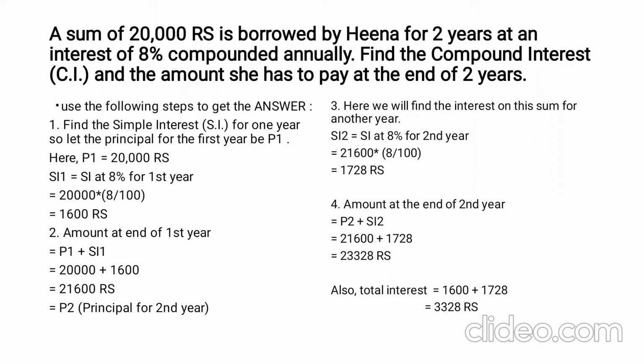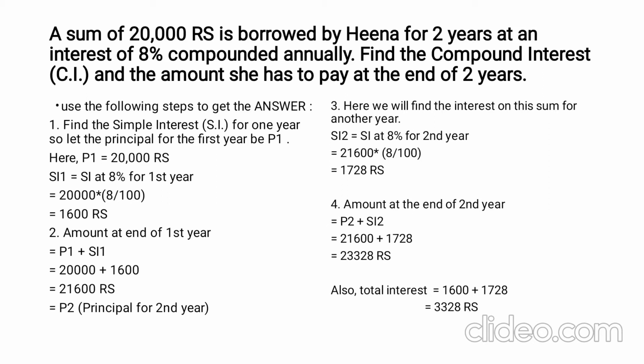Also, simple interest for first year at 8% is equal to 20,000 into 8 by 100, that is 1600 rupees. Thus, the amount at the end of first year will be 20,000 plus 1600, that is 21,600 rupees, and this amount will be principal for the second year. Thus, the interest for second year will be 21,600 into 8 upon 100, that is